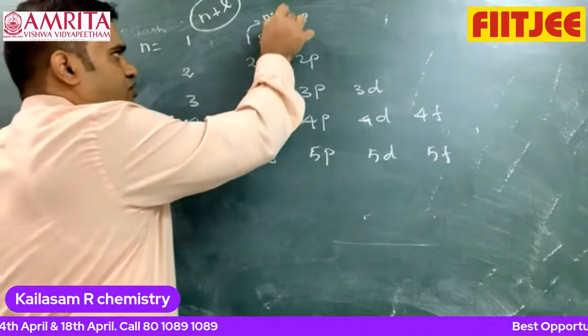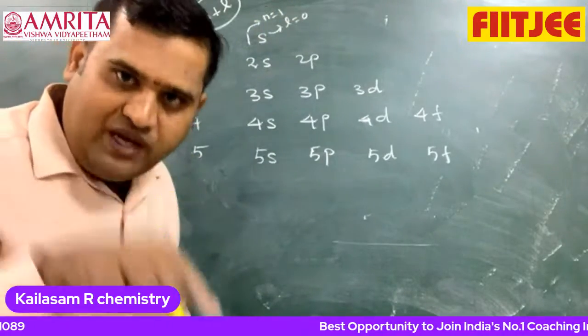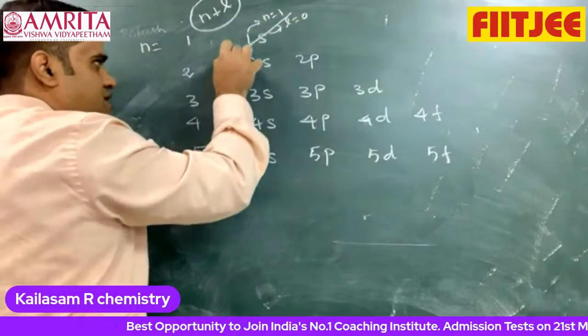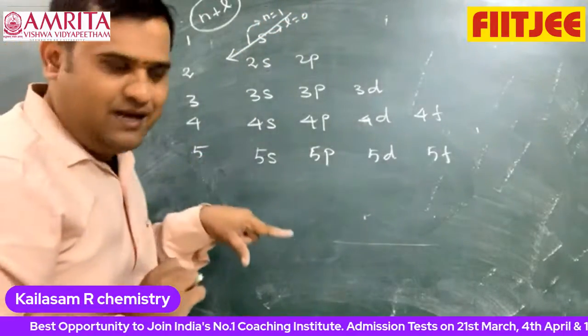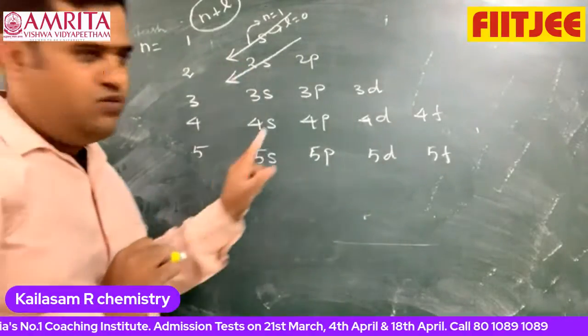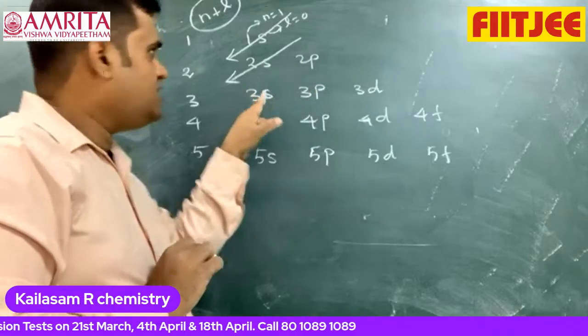Therefore, the electron is going to fill: if the n plus l value is lower, the electron fills the lower energy level first, and only then goes to the higher energy level. Therefore 1s is filled first. Then 2s. Fine. Now, if we take 2p and 3s, you are going to get the